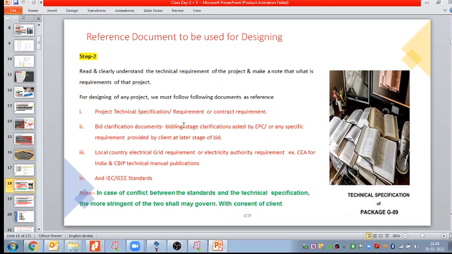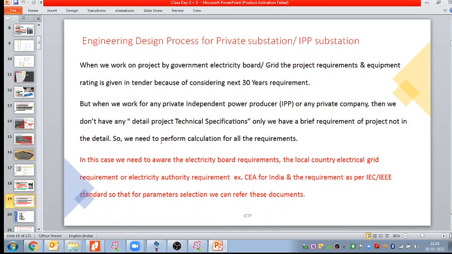technical specifications. So step number two, we have to collect all these documents. And when it comes to this renewable power plant project, we can classify this discussion into two types. Any project we can take, and we can classify that there are two kinds of projects